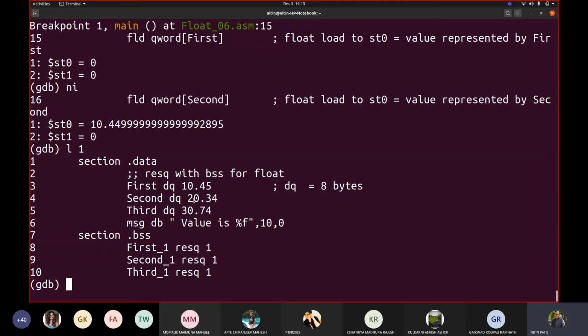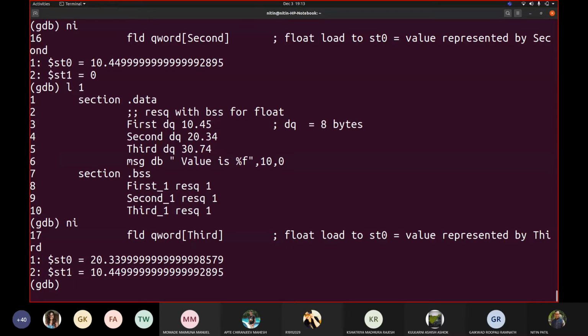It would have 10.44 something, and st0 will have 20.3399, something like this. Got it? As we haven't given any number after the decimal point, it was 0. So that's why it is showing us 10 instead of 10.0. Sujit, have I answered your query now?